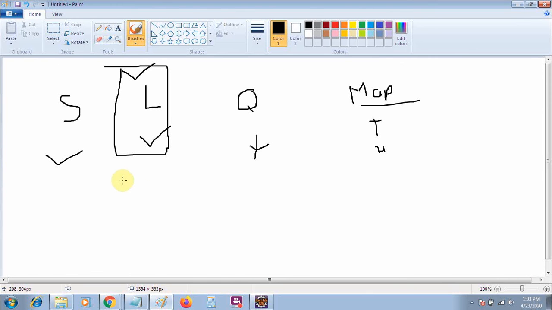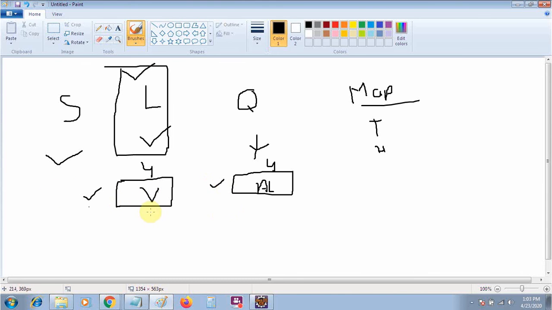Suppose both are dynamic lists, vector and array list. Suppose you have created a vector and an array list, and you have given the size as 4 for both. Because they are dynamic, we can also enter more than 4 values in both of these list implementations.